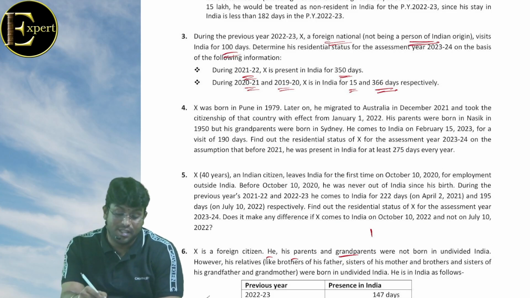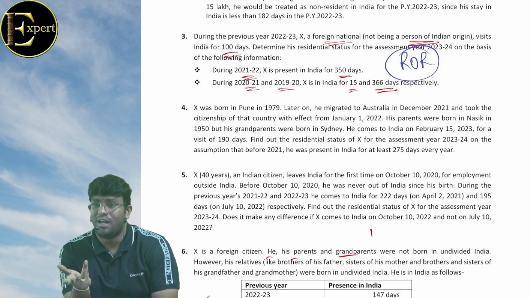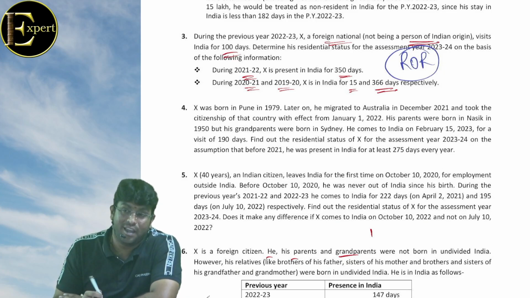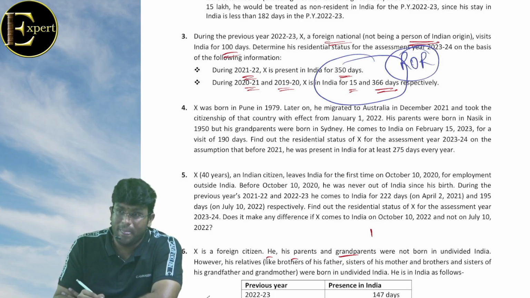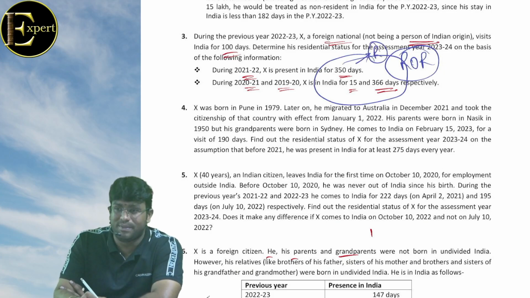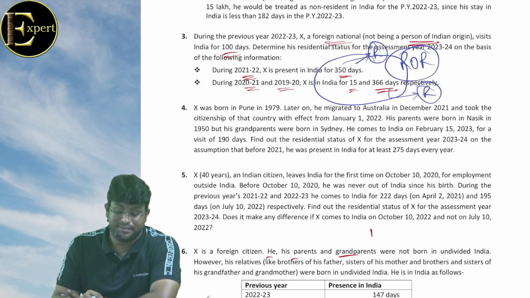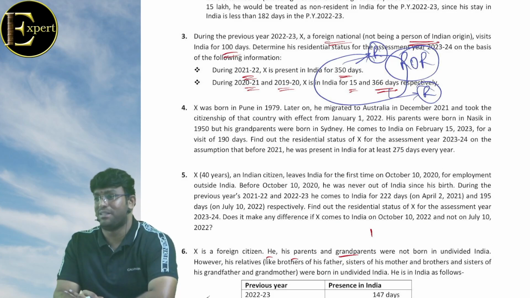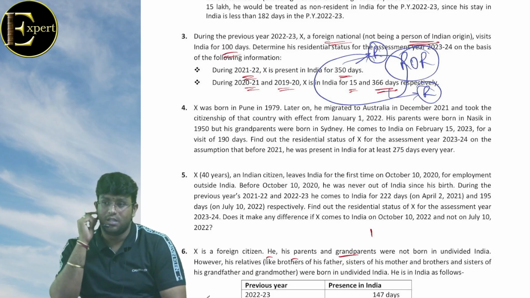Nonsense answer. Answer is ROR. Obviously, he can satisfy second basic condition 60 and 365. Additional में second वाला क्या है? 730. 350 plus 16 plus 366 हो गया 730. अगर 350 इधर है, ये साल में रेजिडेंट है, इधर ये साल में भी रेजिडेंट है, and 2 out of 10 is resident. 730 भी हो गया. 731 हुआ. ठीक है बेटा, अच्छी बात है. और 15 दिन भी है ना, वो भी ऐड करो. 15 ऐड करने के बाद 731 हो रहा है क्या? ठीक है.